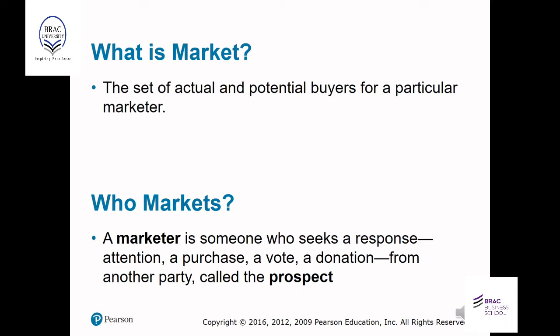You are now a student. After 2 years, you are going to start your job, and there is a probability that you will also buy an insurance policy. So, for the insurance company, you are the potential buyers. So, you and I are a set of market, or we can say each individual person is a market. I am a market for the insurance company. You are also a market for the insurance company.